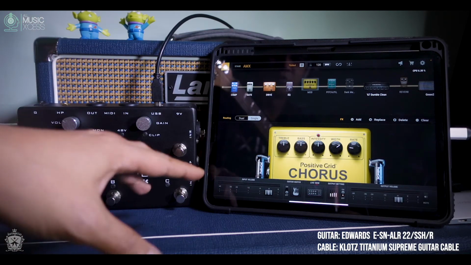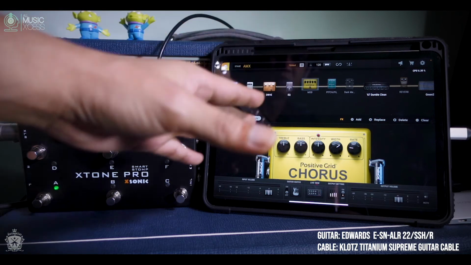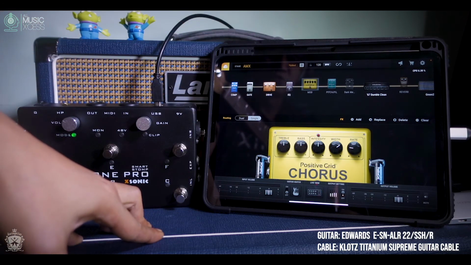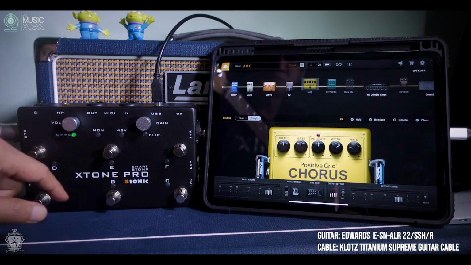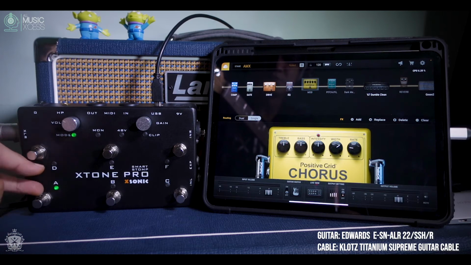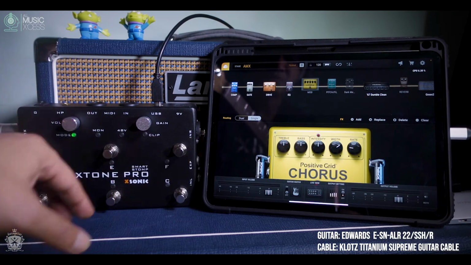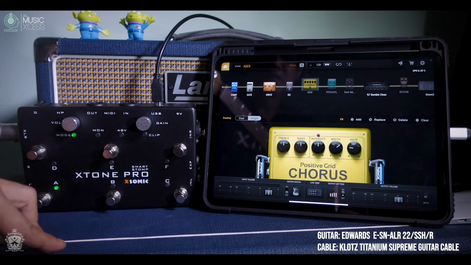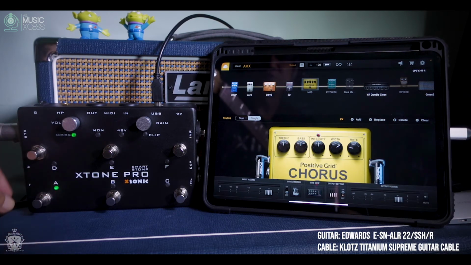But if you don't remember and you want to hide your iPad or Android or whatever tablet you have at the back, you can just label your Xtone Pro. Put a sticker down here, or put a piece of paper on the floor: A is drive, B is EQ pedal,